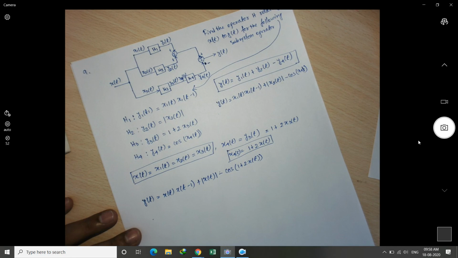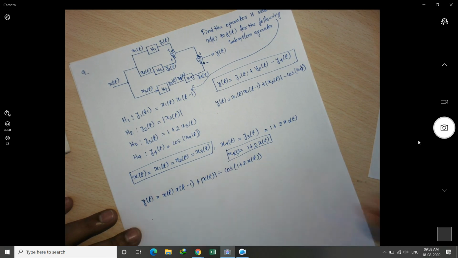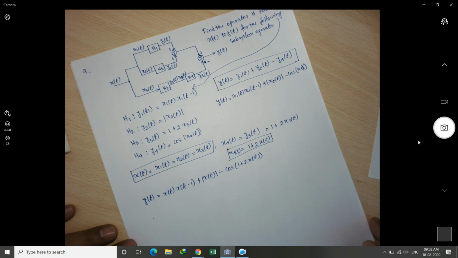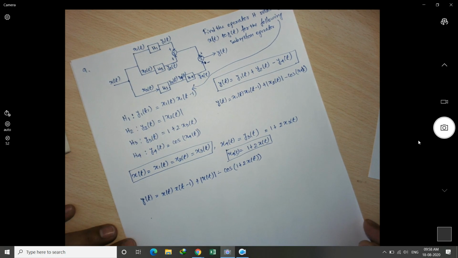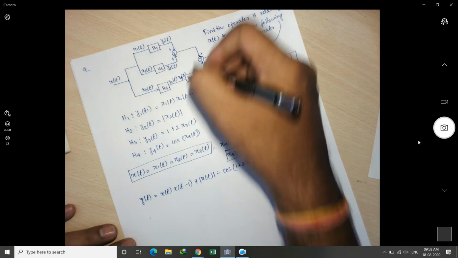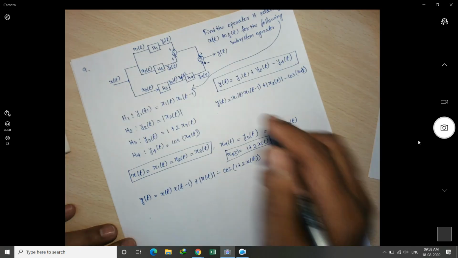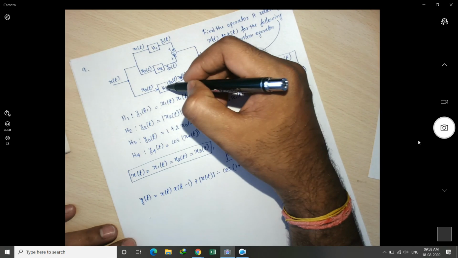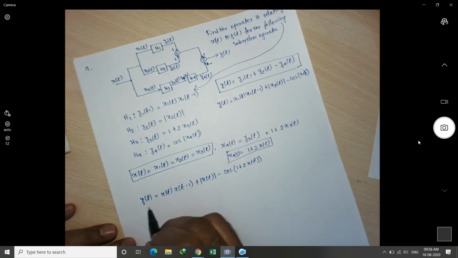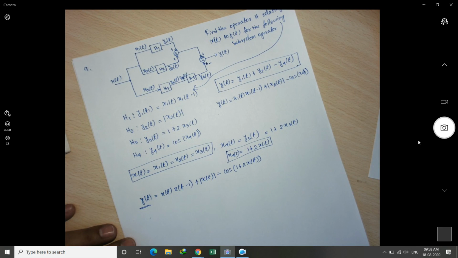So what is our h over here? This is the overall relation between our yt and xt. So we can say this is the relation which exists due to all those subsystems in this system, that is h1, h2, h3 and h4. This is our final relation, yt and xt. Clear? So nothing else, we need to identify what is the condition about this input and output.